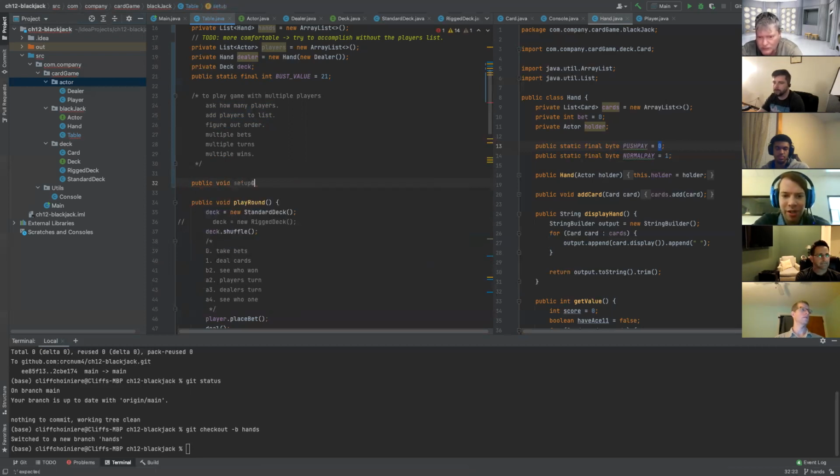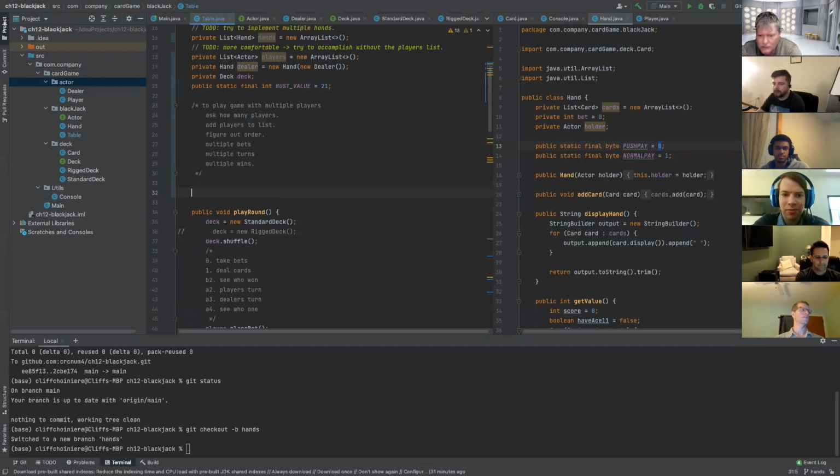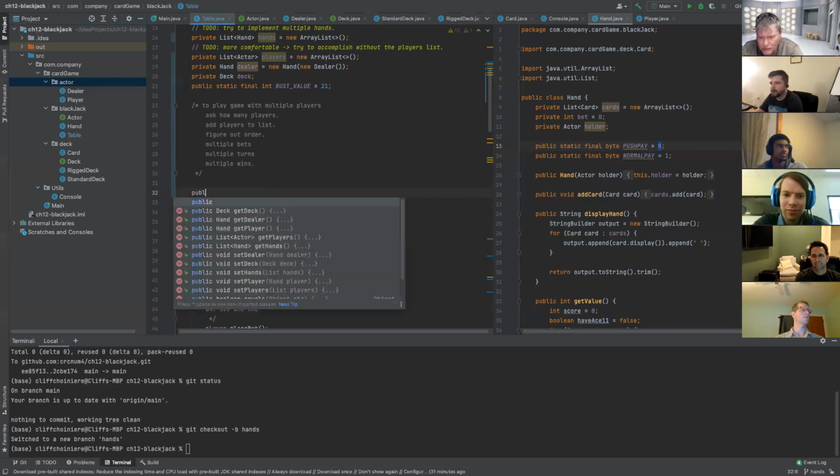Would it not be a good idea to put it in the constructor for this class? It's something we can think of, and I'm not actually confident yet if asking things in the console is a common thing to put in the constructor in a corporate environment. But you know what, let's do that. That's fine. Public